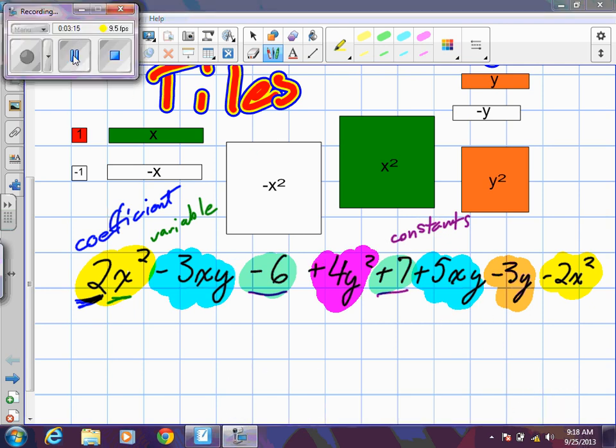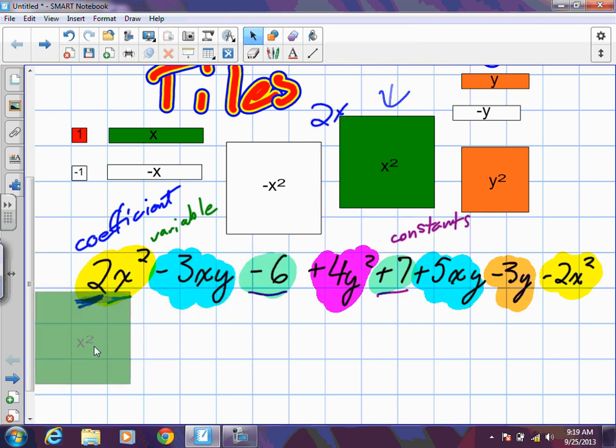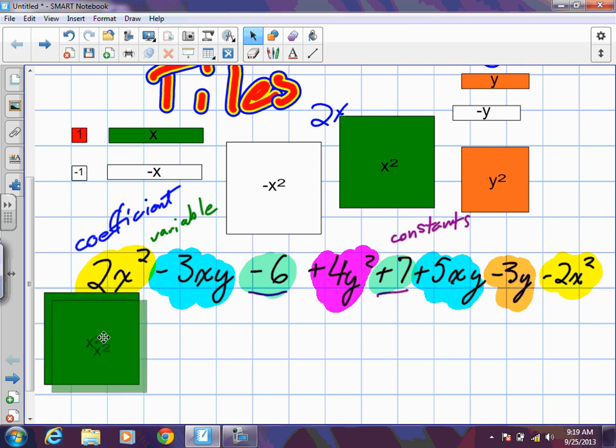All right, so we have our like terms. Now, we do have algebra tiles here, and it is going to take a bit to represent each of these. So, this 2x squared, the idea of this 2x squared here, is that we're taking this tile here, x squared, and we have 2 of them. Okay? So, in other words, to represent that, I would take 2 of these bricks, and we have 2 x squareds here. In our next example, we have 3 xy's. Okay? And in other words, that's the combination of an x and a y. So this is only one set of that. I actually need 3 of them. So we're going to copy